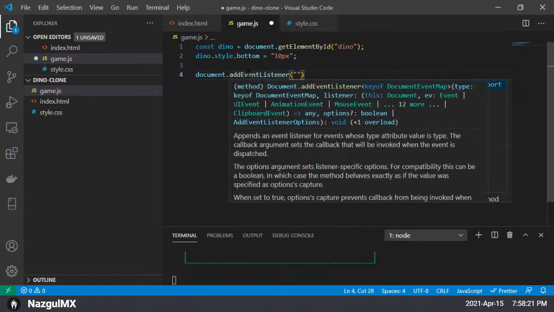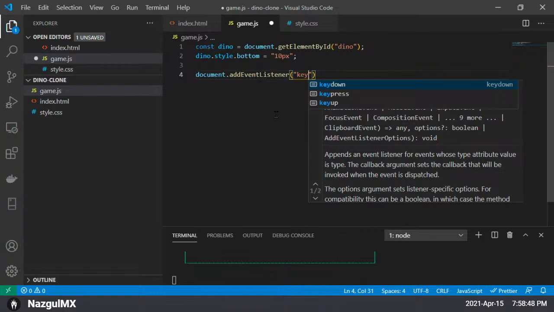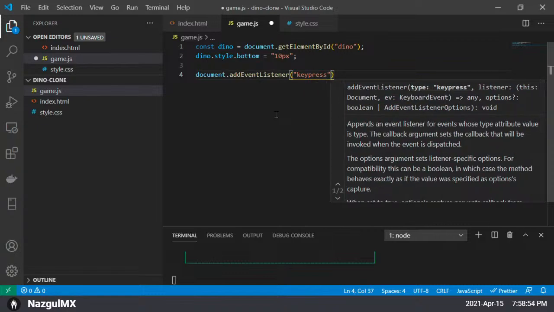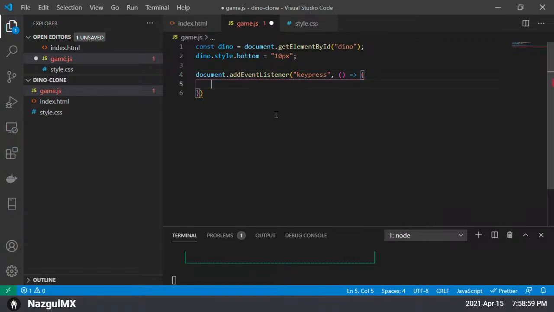So if you are an event listener, basically you are telling the page to listen to events. There are a lot of events available. The most common are the click or double click or having a key press on the keyboard, and that's the one that we are looking for. I don't remember if it's the key press or key down, but I'm going to use the key press. So basically I'm telling the browser that